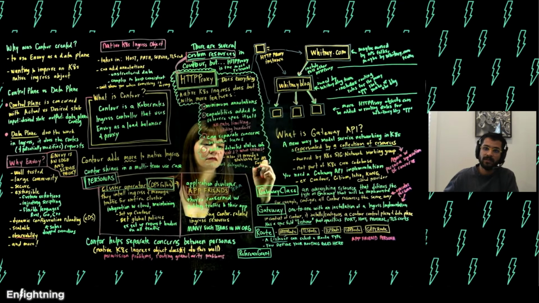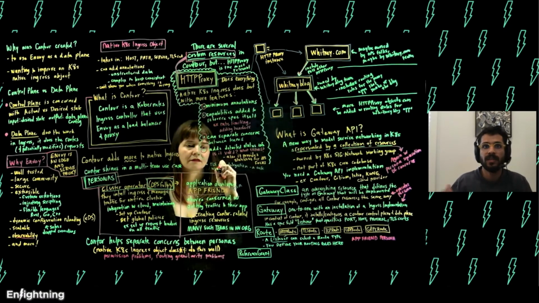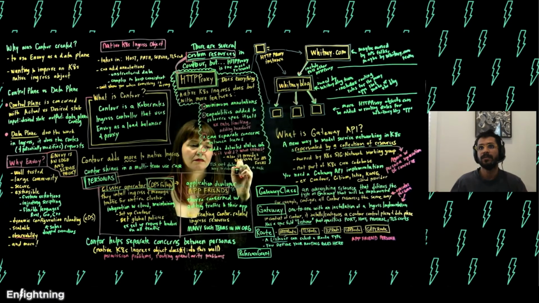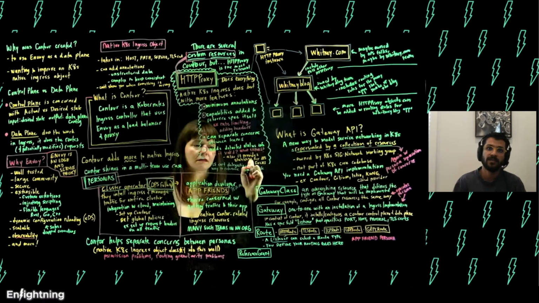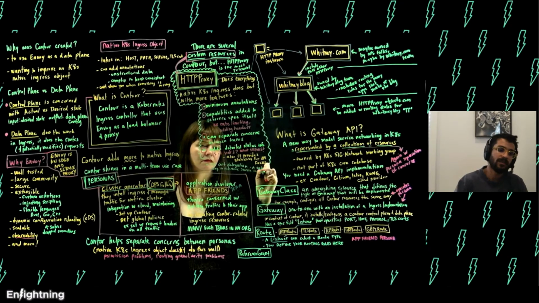namespace for management reasons, or what have you. There are many reasons to have objects in different namespaces, but you don't want to just give everyone access to everything, right? You want to constrain what certain personas can configure in a resource to reference across namespaces, and so on.